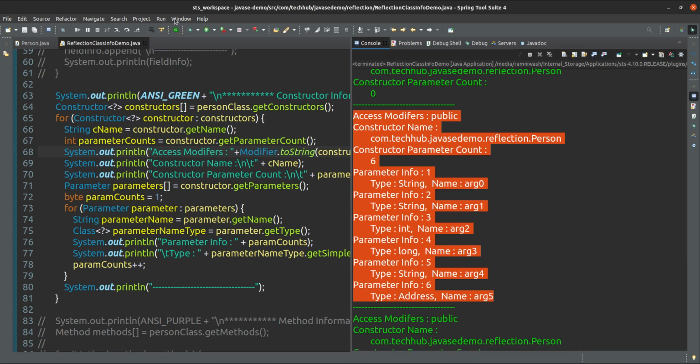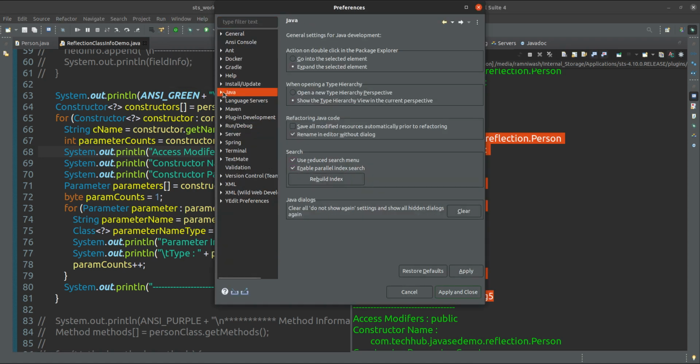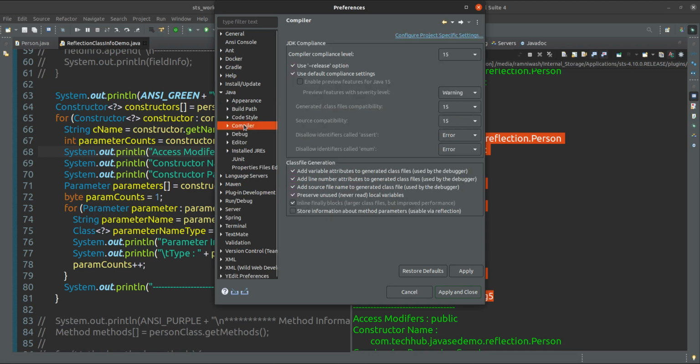Go to Window, Preferences, and under Preferences select Java. Under Java select Compiler. Under Compiler you can see Class file generation, which means it is generating the .class file. While generating the .class file, I want to store information about method parameters, usable via reflection.